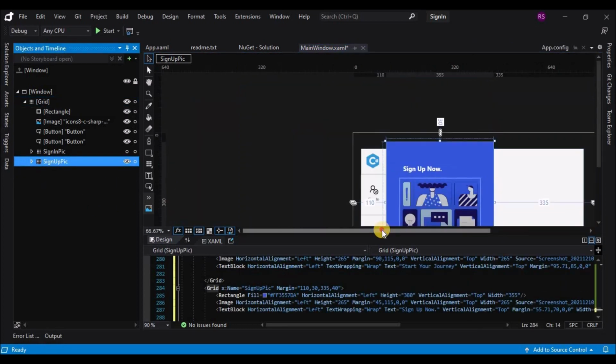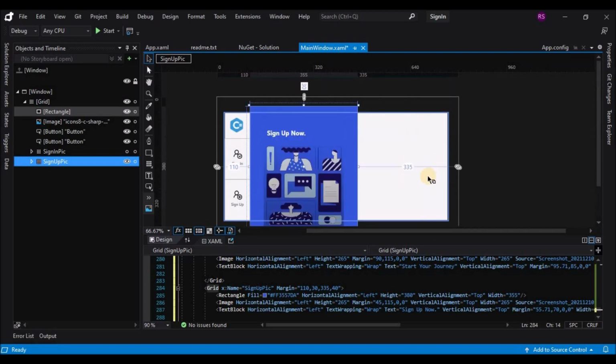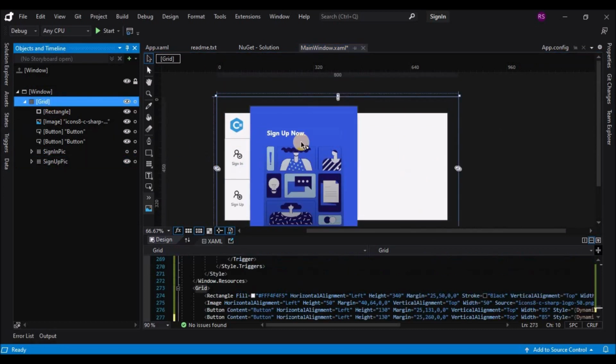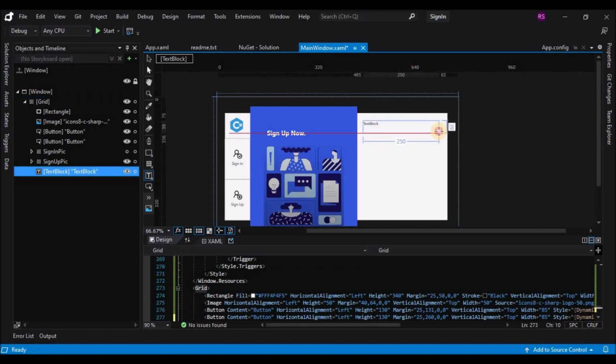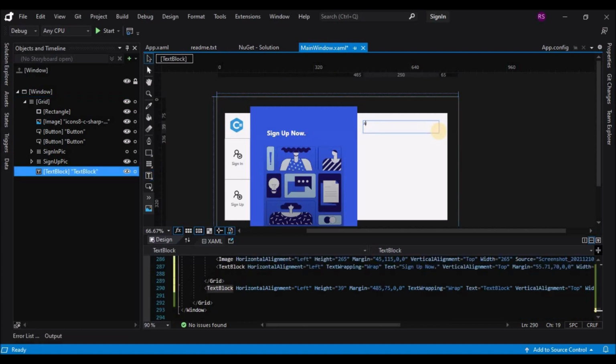Now let's focus on the form controls, and those will be the text box, password box, the email box and the button. So now let's start first by adding a label or a text block on top.